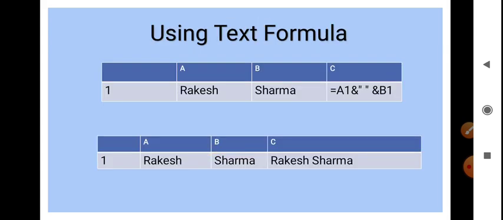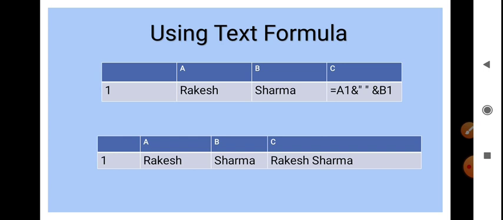Now using the text formula. What is this text formula? The text formula can be used to add two text values or strings using the AND sign, the ampersand. Which sign? AND. How can you press this sign? With the help of the shift key. Which sign will you click? AND. Where is that sign? On the 7 number key on your keyboard, you will get the AND sign.